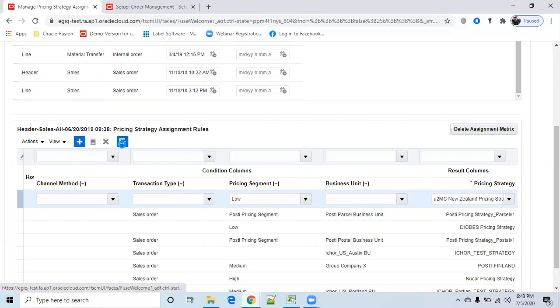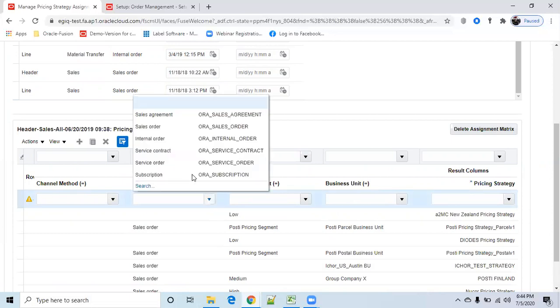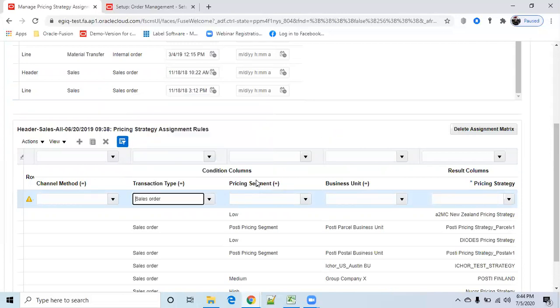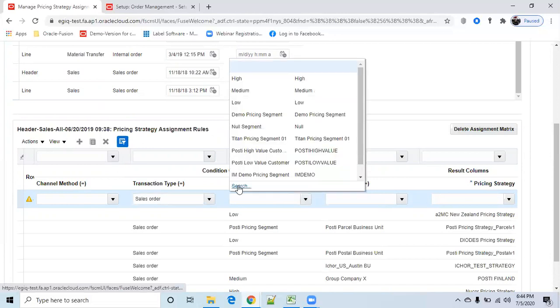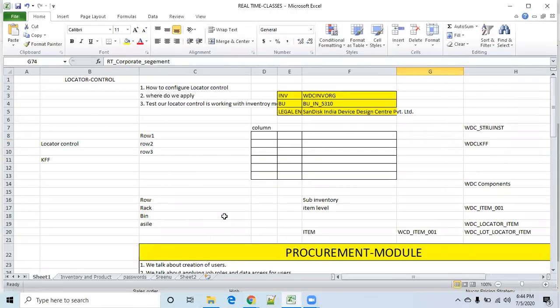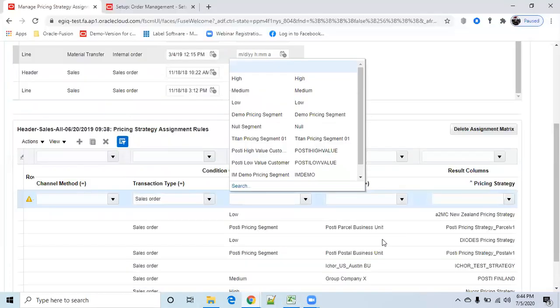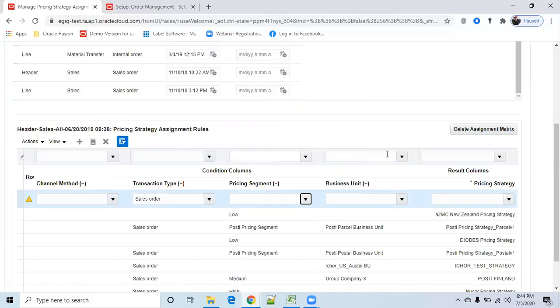Click on plus. So channel method, transaction type we can use for sales order. So we created pricing segment. What is the pricing segment we created? Pricing segment of ours is this one, RT corporate pricing segment. Click on search.